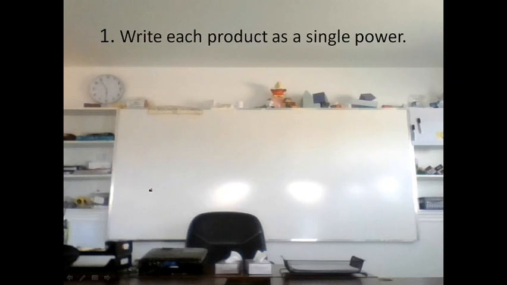Number 1. Write each product as a single power. When you multiply two or more powers with the same base, you can write them as a single power. It helps to think about it as repeated multiplication. If you have 5 to the power of 4 times 5 to the power of 2, you can rewrite this